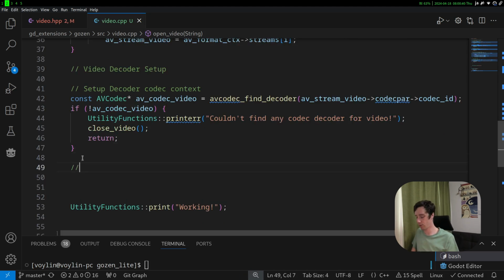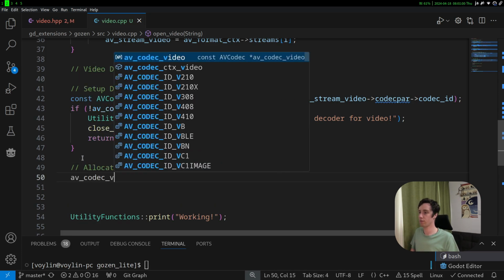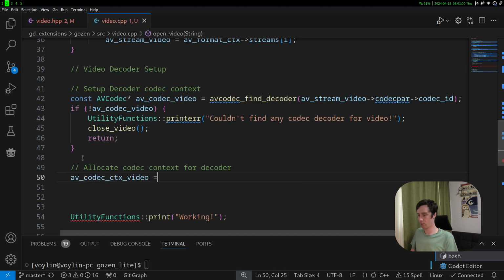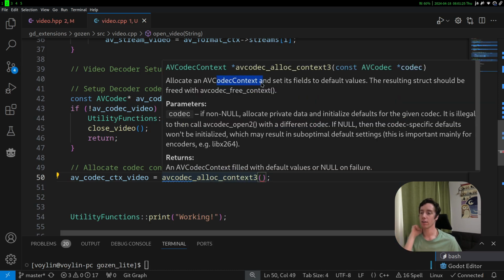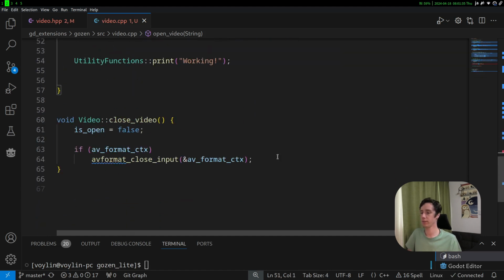And then again, we need to allocate codec context. But basically for the decoder, AV codec video, we need to allocate this, AV codec allocate context 3. So allocate an AV codec context and set its field to default values. The resulting struct should be freed with AV codec free context. This is important. So what we do in here again,